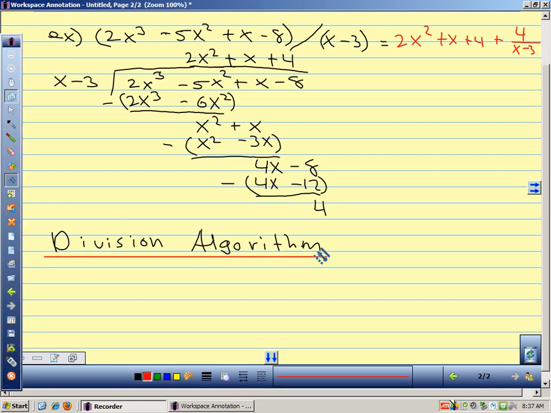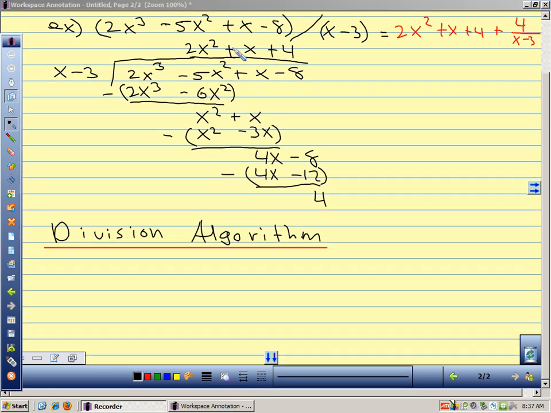And what the division algorithm tells us is that, before we do this, any questions on what we did here for this long division? The process is exactly like long division for numbers. The important thing to remember here is we're subtracting in these intermediate steps. All right, so the division algorithm says that